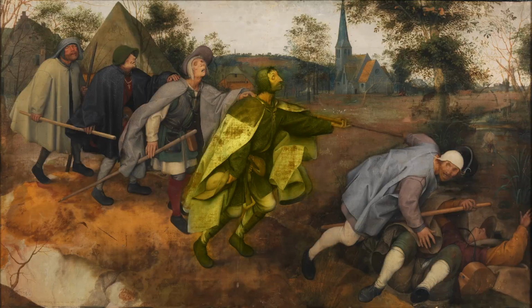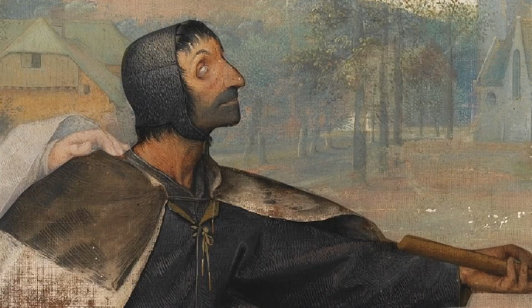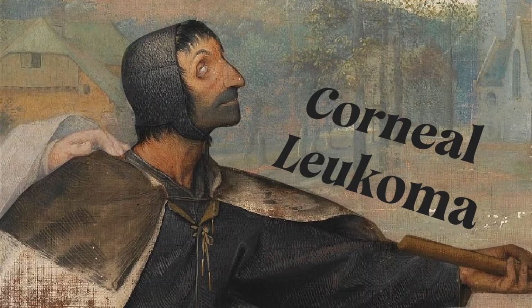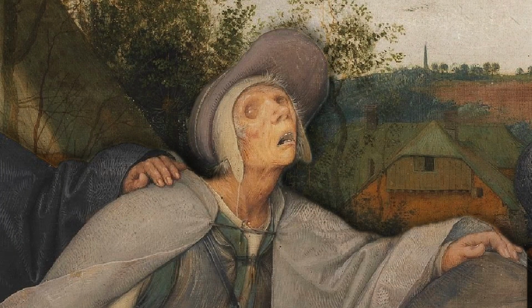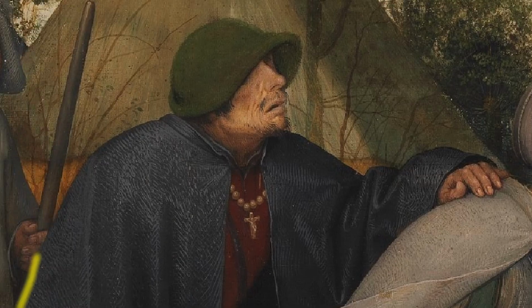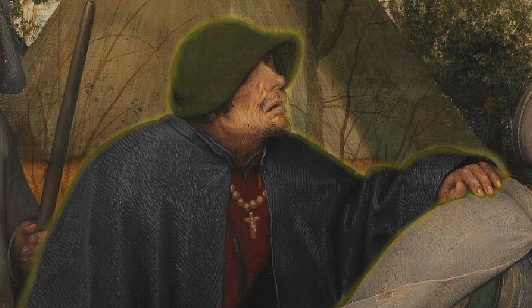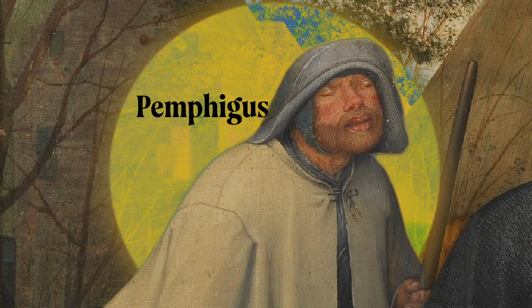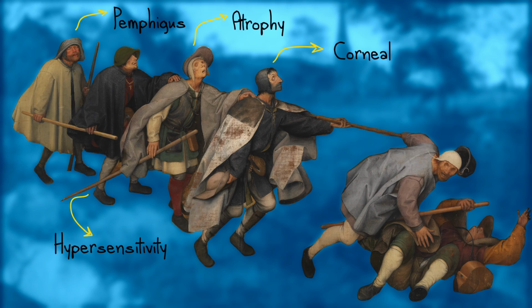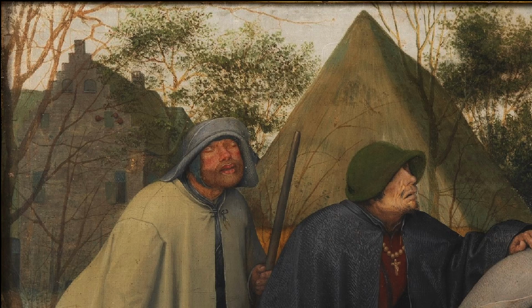The third man's eyes are completely opaque, a condition called corneal glaucoma. The fourth man's eyes have atrophied, possibly due to a disease or trauma. The fifth man is covering his eyes, which could possibly be due to hypersensitivity to light. The last man is said to have pemphigus, which is an autoimmune disease that can cause blindness if not treated early. All the 6 individuals have a different form of blindness, and the painter has ensured that people can make out what their condition is. That's some attention to detail, not to mention the extensive detail in the background.